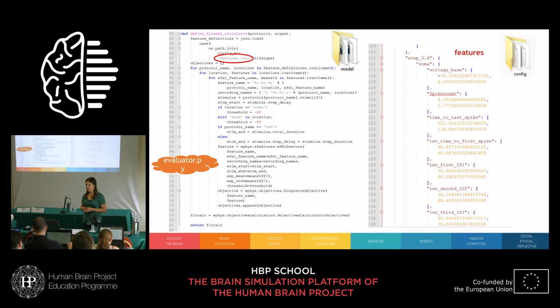You can find this again in the config folder. In the model folder there is this Python file called evaluator.py, and it reads the JSON file in order to define the fitness of this